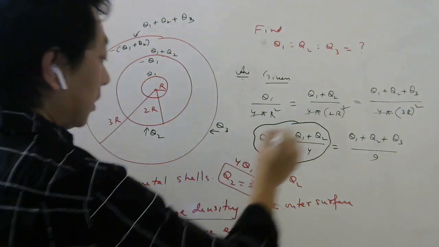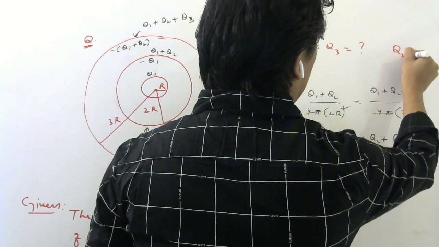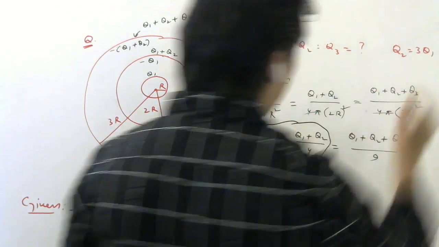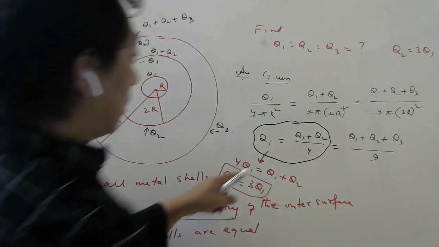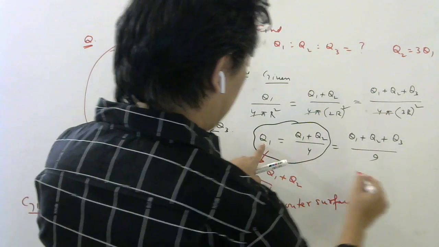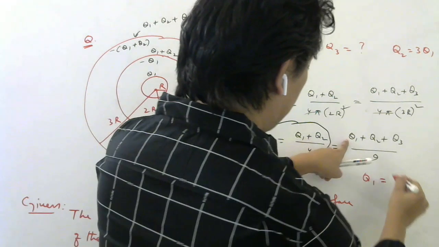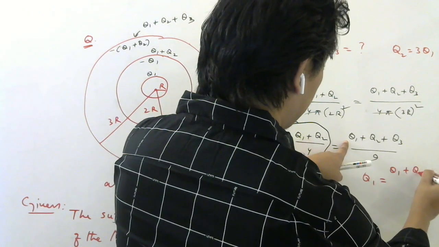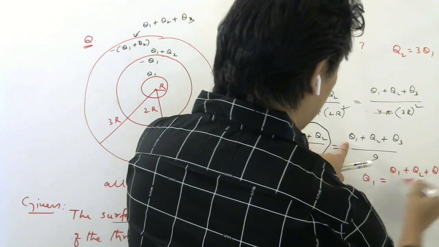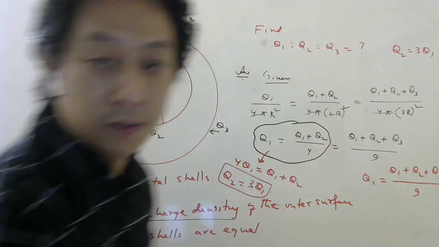So q2 we got thrice of q1, right? Now let us look at this equation. See, q1 is also equal to this now, q1 plus q2 plus q3 divided by 9. So let us,